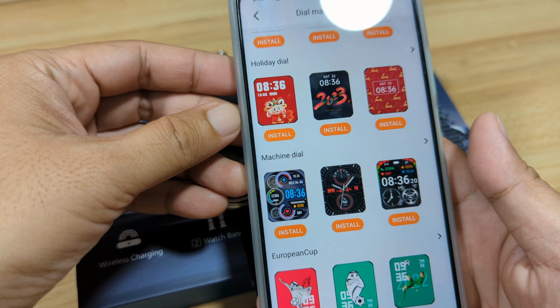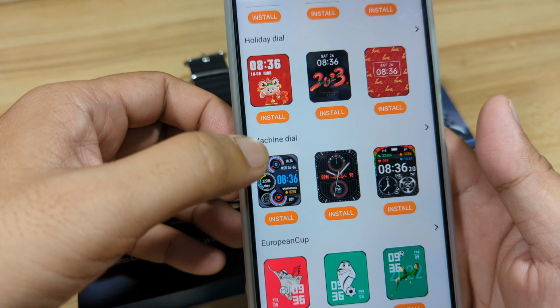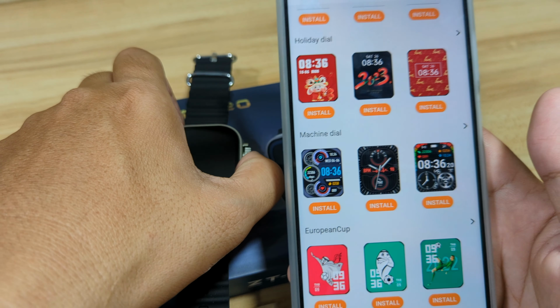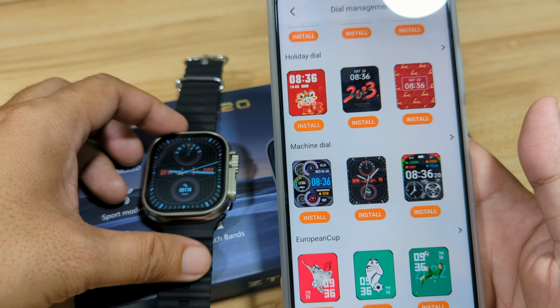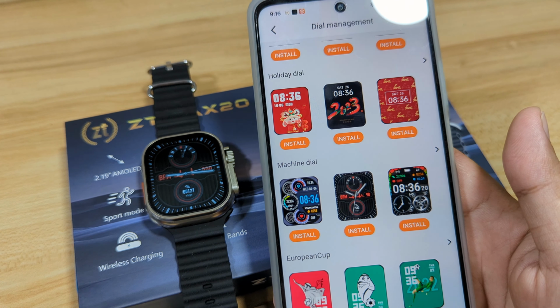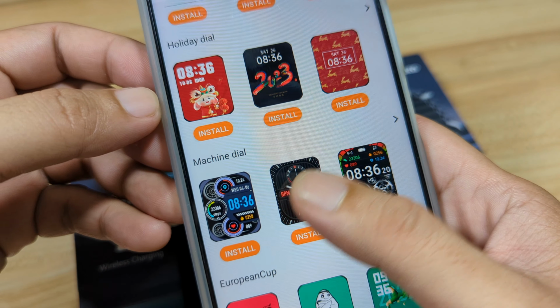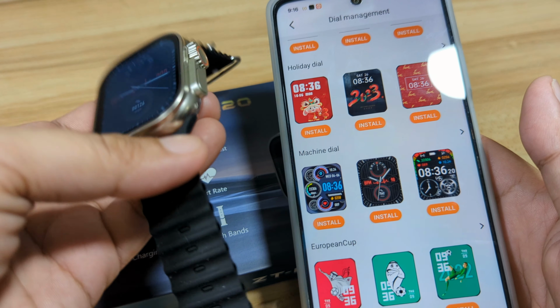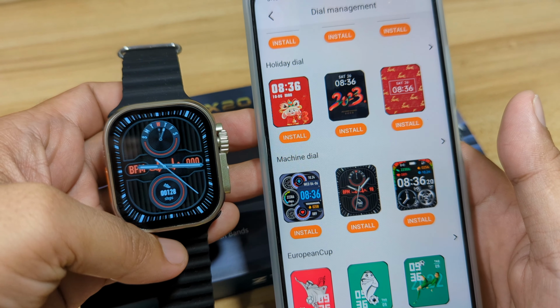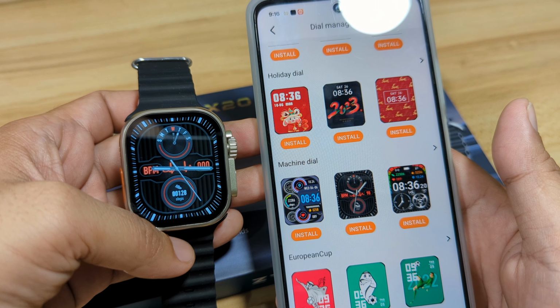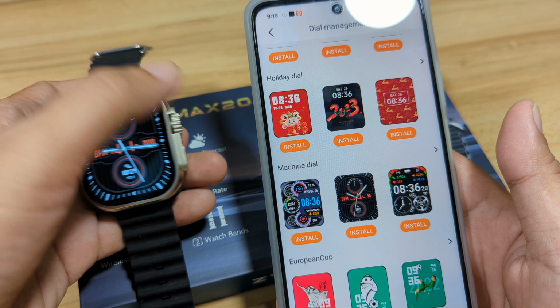Okay, so after several attempts to download this design, our smartwatch keeps on restarting, so it failed. So we downloaded this one, the other one, and we have successfully loaded it to our smartwatch. So far, the connection for the watch face is unstable.